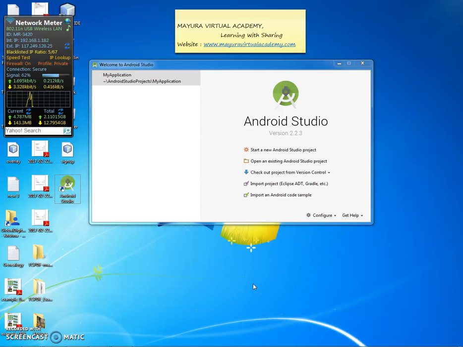In this session, we'll be creating one simple Hello World Android application, and we'll be exploring the Android project structure, and understanding the different things that an Android project will have by default. So I hope you have set up the Android environment on your local PC. If you have, double click on that and you can create a new Android Studio project.